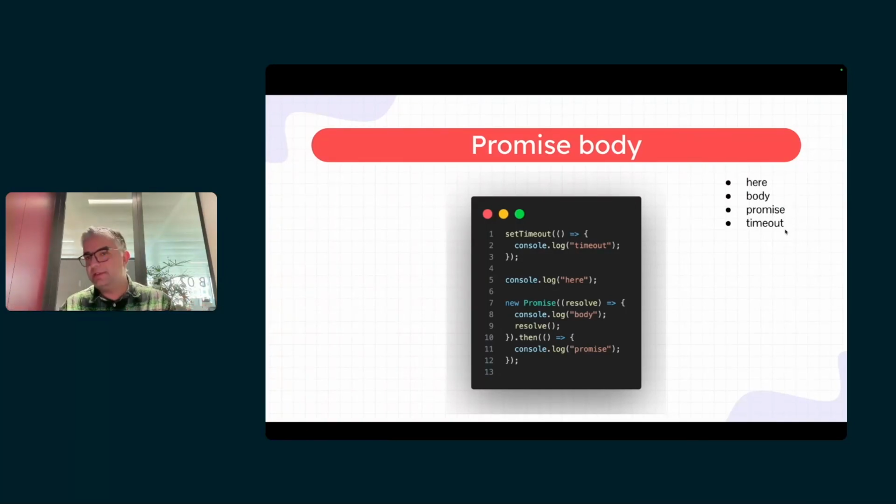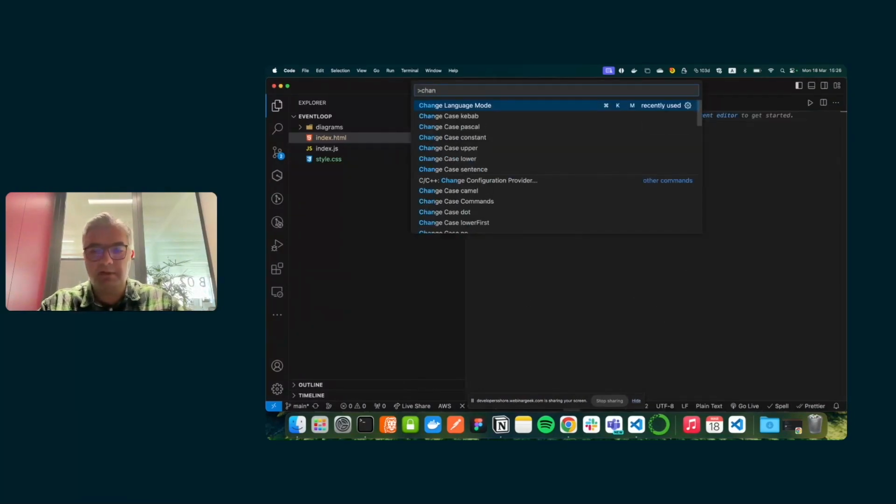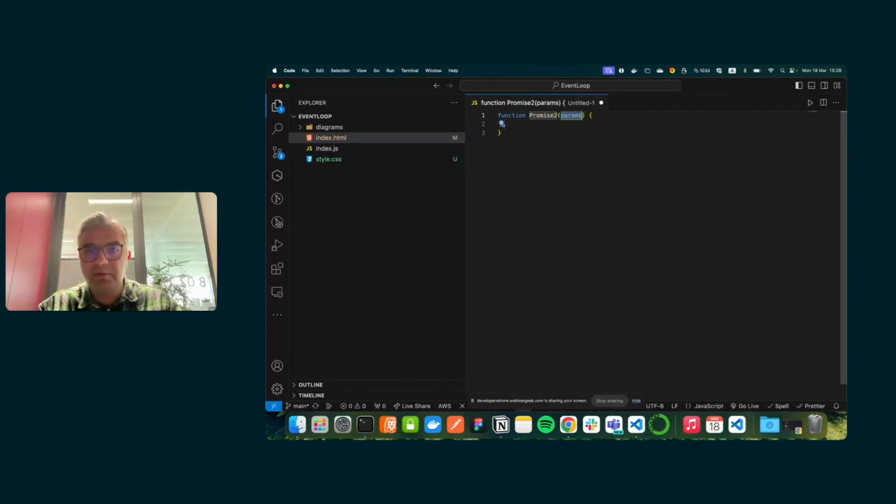So about the priorities, we know, right? So here and body are going to run in one event loop cycle because new Promise with a callback is going to run the function immediately. Maybe I can show you a simple code snippet about that as well. Suppose that we have a function promise2, we have a callback, and I'm going to run the callback immediately.